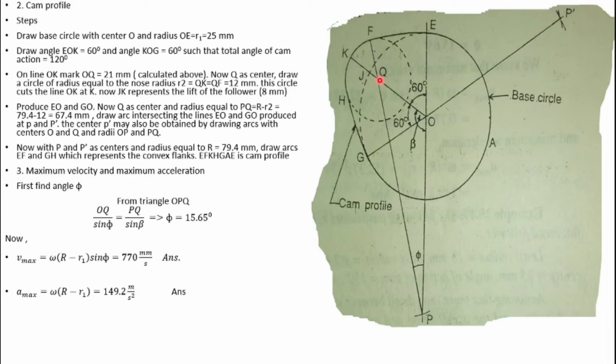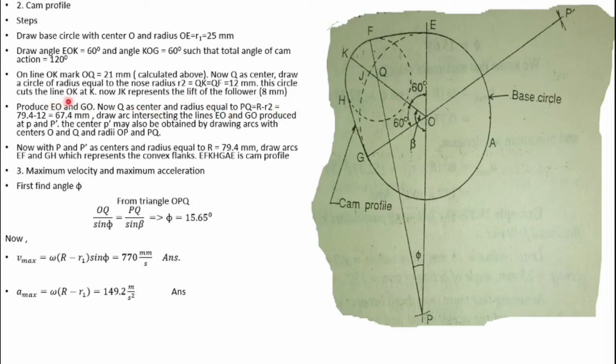radius equal to R2, that is the nose circle radius, a circle. This is the circle, and this will be the base nose circle, because this is the center and this will be the radius. So for center Q and radius equal to the nose circle radius, draw a circle. That will be the nose circle. This is the nose circle. Okay, and this circle cuts